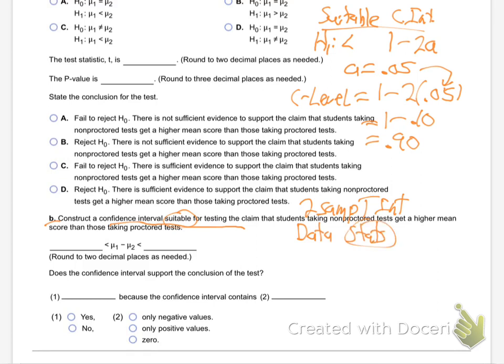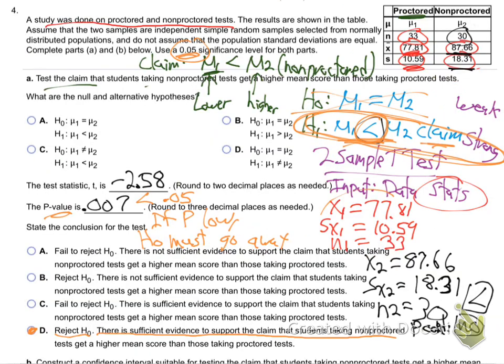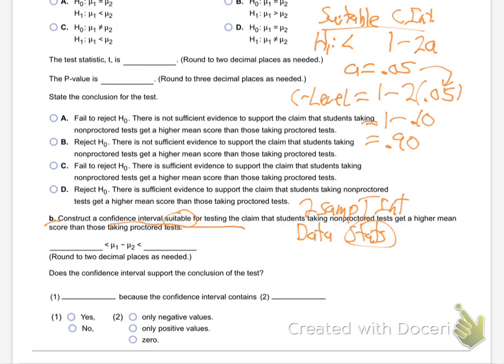It'll automatically be on stats, and it'll already have all of these values in there. So you don't need to do it again. Just go down to the bottom and choose your C level to be 0.90 and tell it to calculate, and you will find that you get the answer